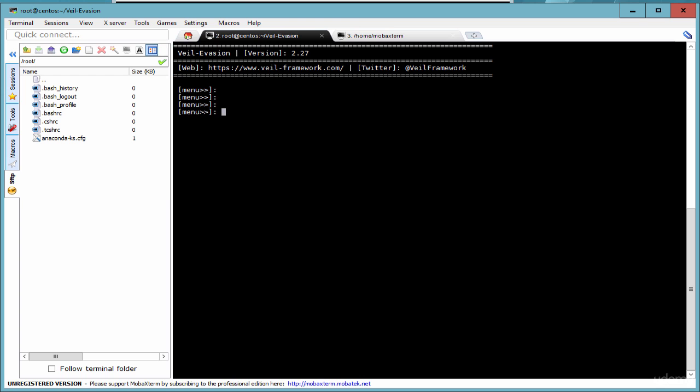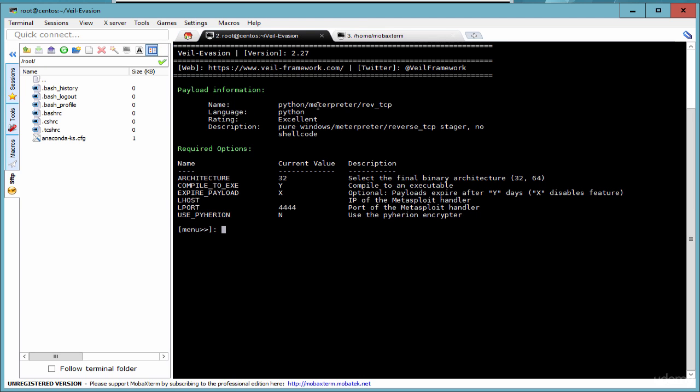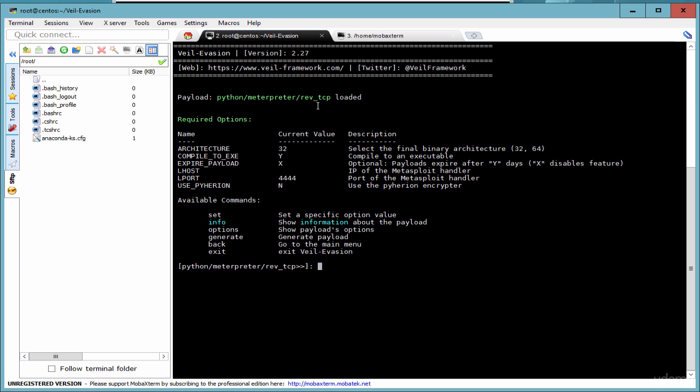It'll tell us the rating of the payload and also give us the required options to then create the payload correctly. Let's have a look at the info here, and as you can see, it does give us a number of required options. To use the payload, we simply type in use and then the number of this payload that you had noted down previously, which was 34. So we type in use 34,